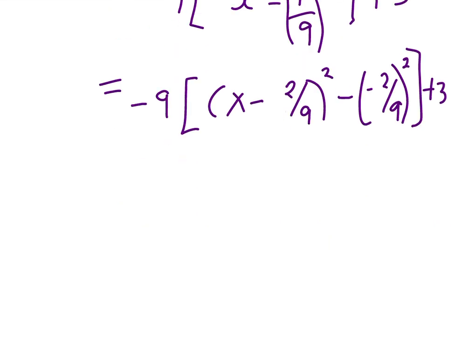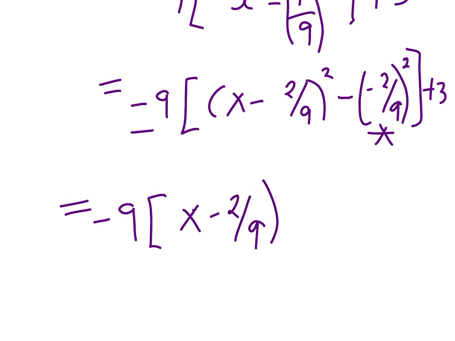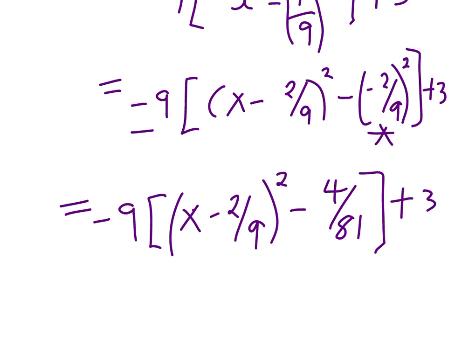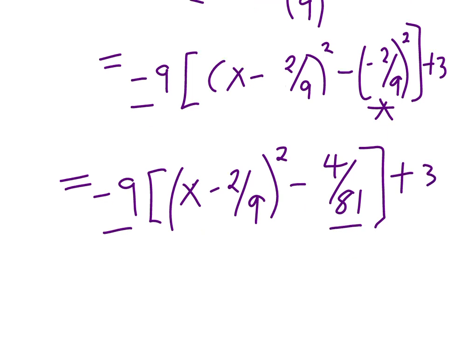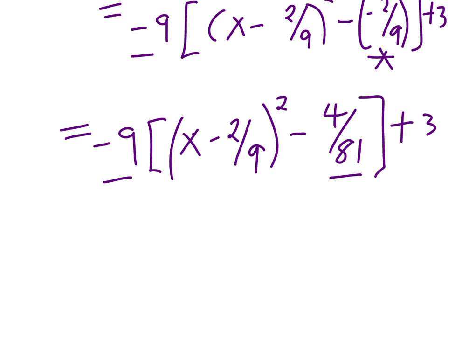So now let's open the bracket to multiply out this with that one. Maybe I can start with this part. So I'm going to do negative 9 into bracket x minus 2 over 9 squared minus negative 2 over 9 squared, which is the same as 4 over 81. Close the square bracket plus 3. Now we can multiply the negative 9 with 4 over 81. And that will give us